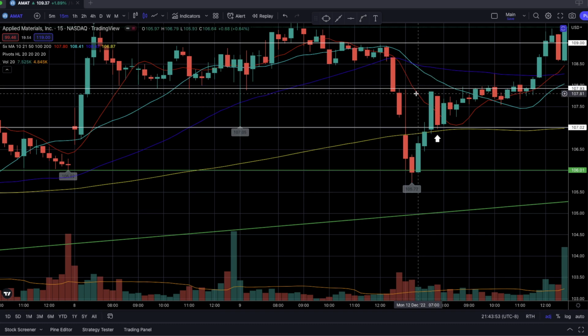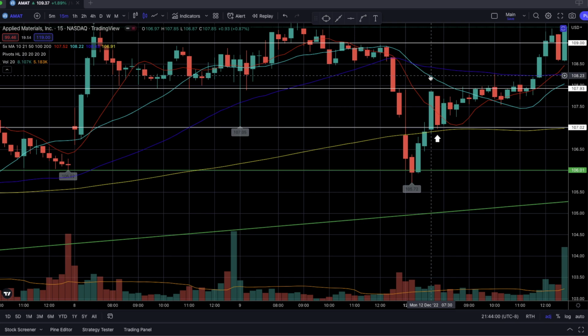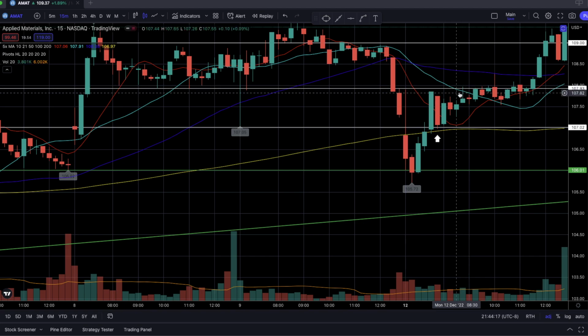So if you guys didn't know, or if you guys forgot, my 10 and 21 SMAs is my momentum pair. And I tend to use these on the 15-minute time frame or even on the 5-minute time frame. So just as a general use for my intraday time frames. So with that in mind, with what I just said there about the 10 and 21 SMAs, the price did